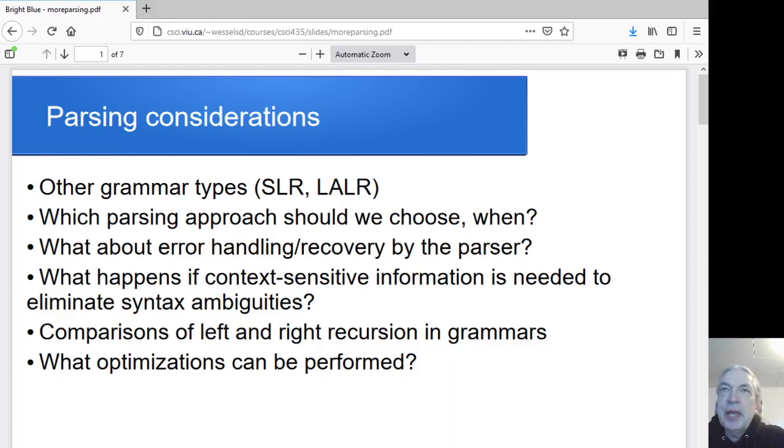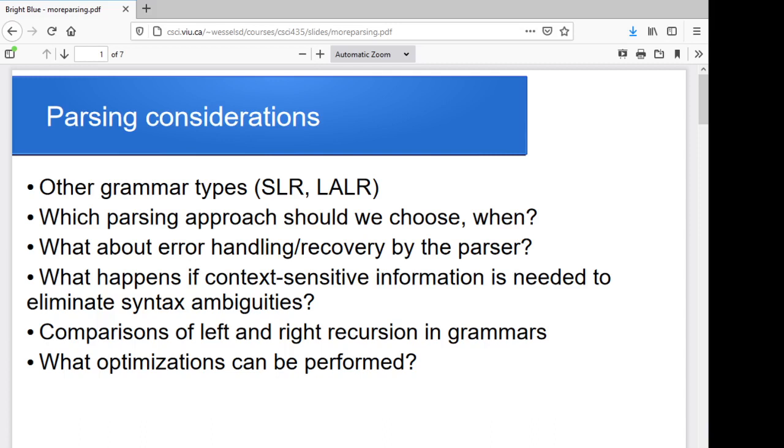Hey folks, okay, just one last session on our parsing aspects and just kind of a roundup of different things that we want to take into account and talk about a little bit. We won't get into most of these in detail. Maybe we'll come back and visit some of them towards the end of the term if we find we have a little bit of spare time. But again, these are just things to kind of wrap up our parsing session before we get on to the